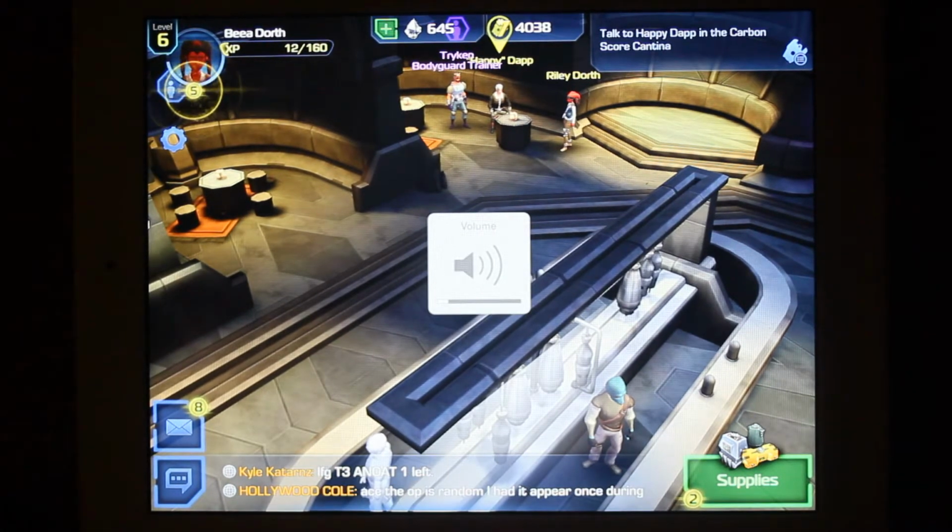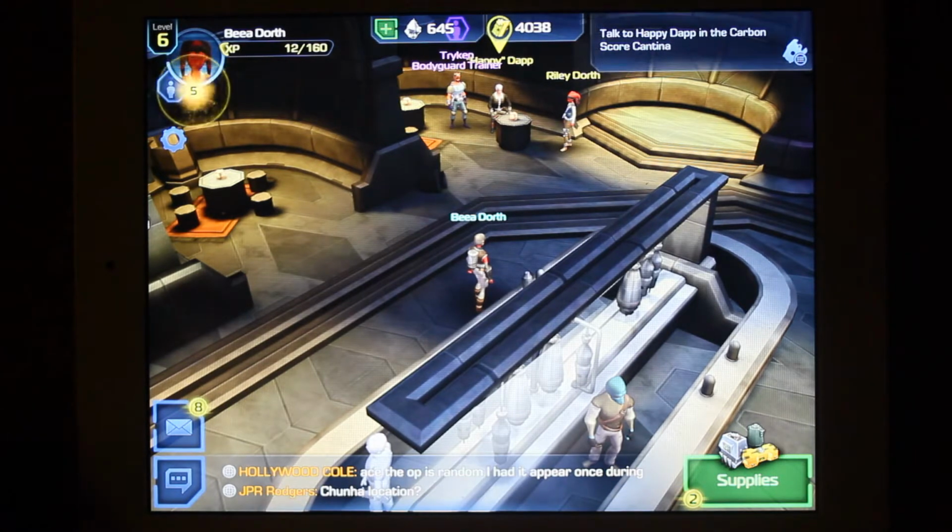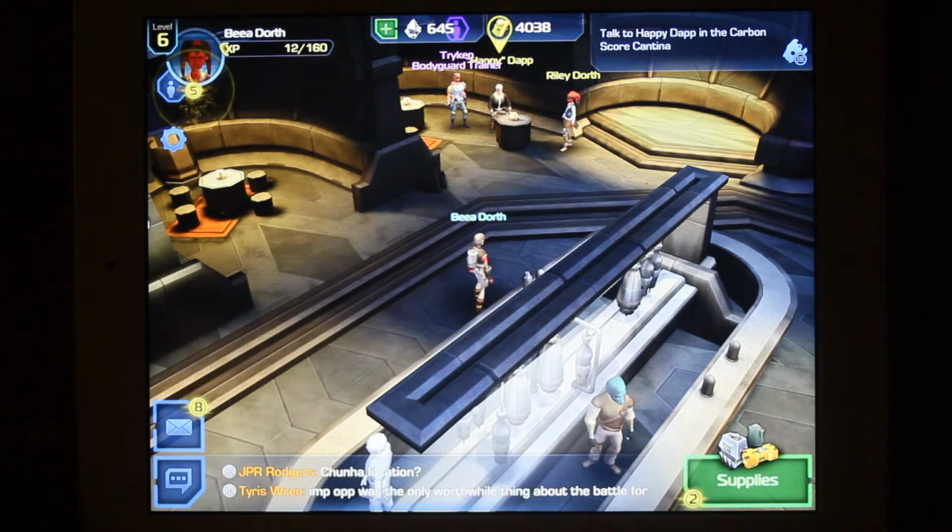So the game we're looking at today is Kabam's Star Wars Uprising. Obviously a pretty big license, it being Star Wars. It's an all new experience in the Star Wars universe, set between the end of Return of the Jedi and the new film, The Force Awakens. The Force Awakens is coming out at the end of the year, so this game has come out a